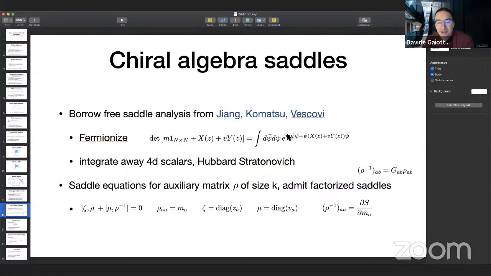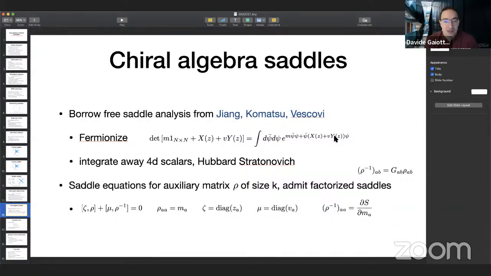So you give these fermions a quadratic action proportional to M, X, and Y. You can give a physical interpretation to this in terms of the strings stretched between the giant gravitons and the original branes. I'm not going to get into that,